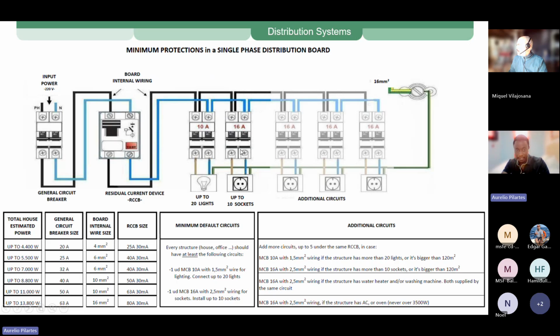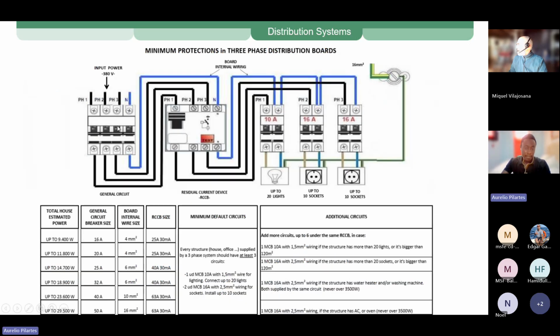So all the devices are 2 poles, while here in our 3 phases, the main MCB and the RCCB are 4 poles now, which means your cable providing the circuit is a 3-phase cable. You have a 3-phase system, so all of them will pass through the MCB and the RCCB. From the RCCB, now you have 2 cable protection devices. For each one of these single-phase protection devices, you can choose any of the 3 phases here and also put the neutral.